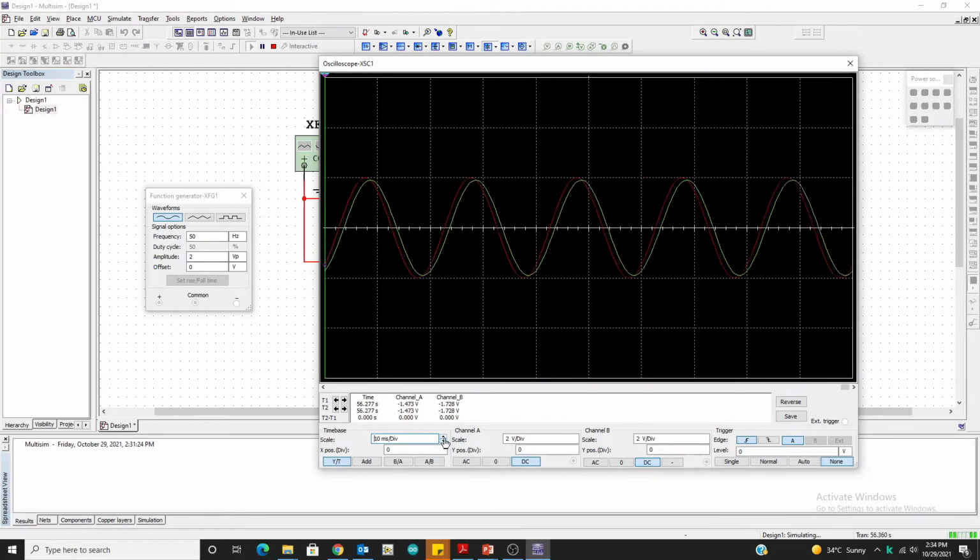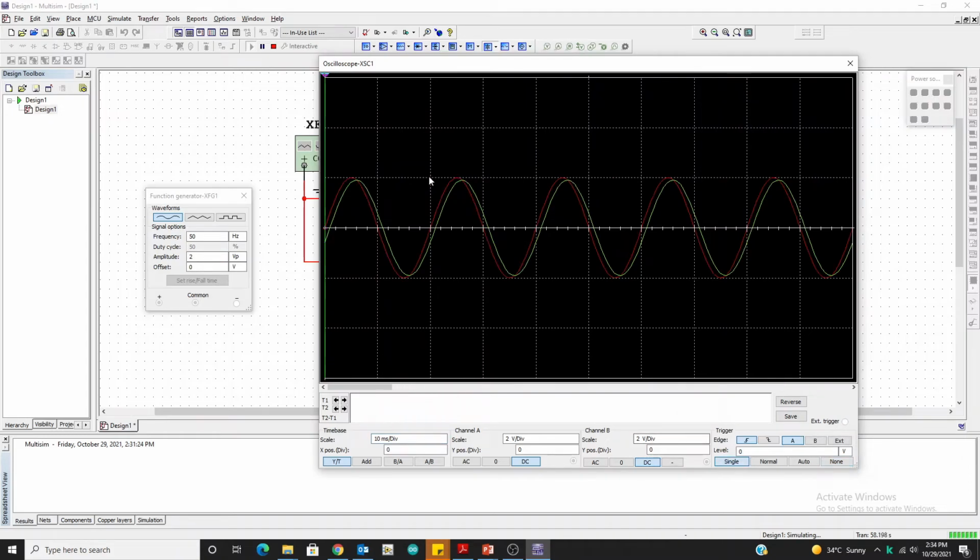You can see at 50 hertz, the red one is our input and the green waveform is our output. You can see the green output is getting a little bit smaller in size as compared to the input. If we increase the frequency from 100 hertz, let's see what will happen.